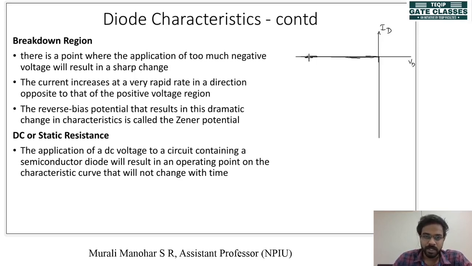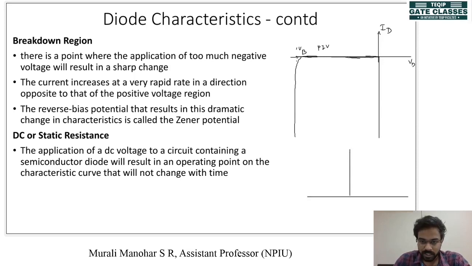So after a particular value of Vd, the current will sharply increase in the reverse direction, and this voltage is called a breakdown voltage. And on diode ratings, you will see this voltage as peak inverse voltage rating, PIV, of a diode. Now we will see the resistance of a diode in different conditions. So there are 3 resistances in a diode that we are looking for.